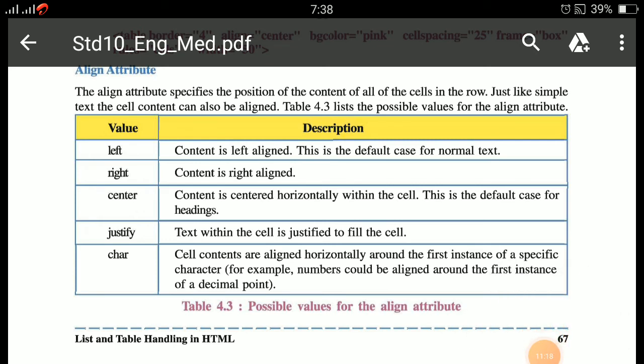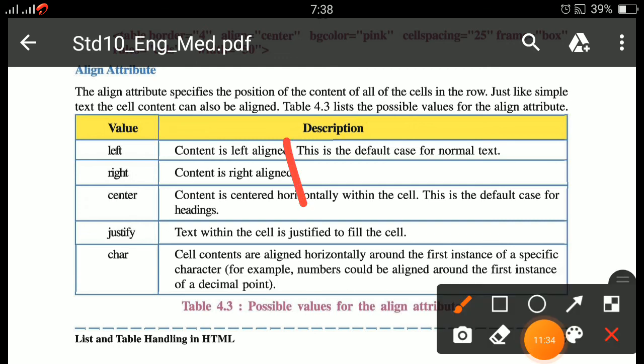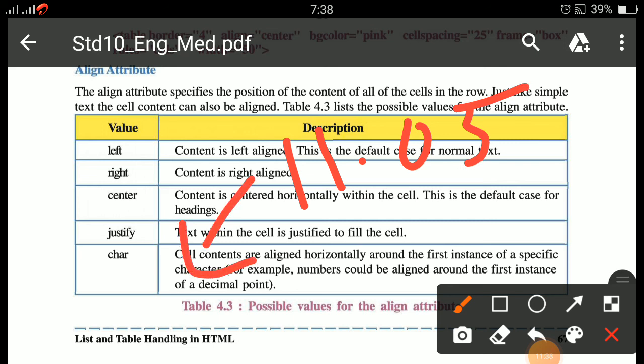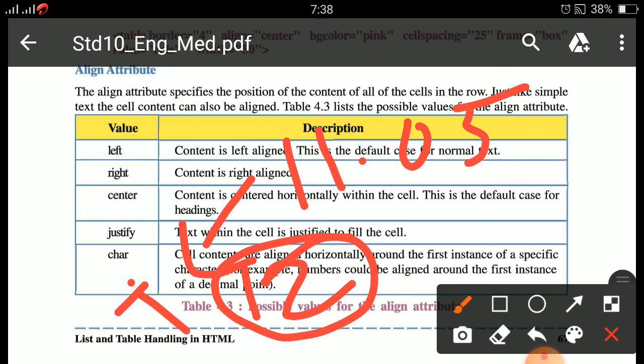And char attribute is, for example, cell contents are aligned horizontally around the first instance of a specific character. For example, numbers could be aligned around the first instance of a decimal point. For example, suppose your number is 11.05. So that number is considered round value 12. At that time which attribute is used? Char.